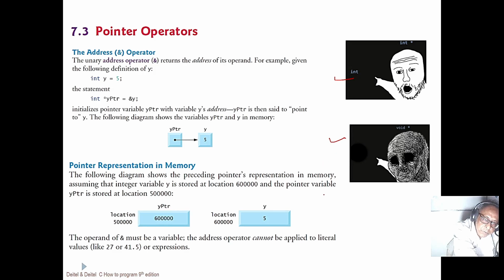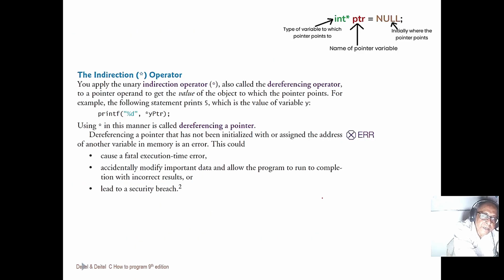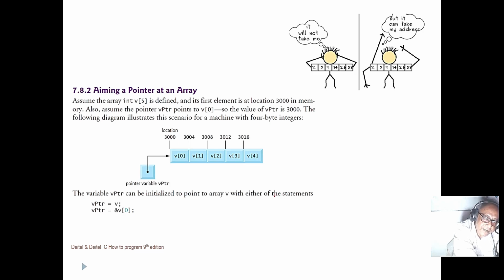There are another two pointers we'll discuss next. The indirection operator, the star operator, is dereferencing, and we should not use it on a null pointer. Next is pointers and arrays, and this is very interesting. When passing an array, you can pass only the name, or you can pass the 0th element. So this is very interesting: passing an array by the first element. The picture shows that there also.